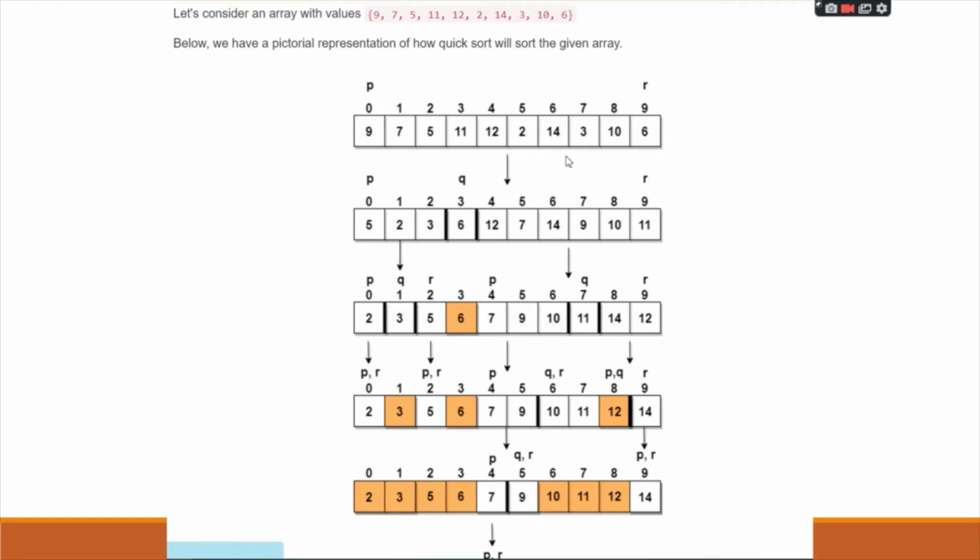So in the next, that is the first pass, you can see that all the elements that are towards the left, here the 6 is sorted at its correct position. All the elements that are towards the left are smaller than 6, and all the elements that are towards the right are greater than 6. And now what happens is that, as you can see, the whole array has been divided